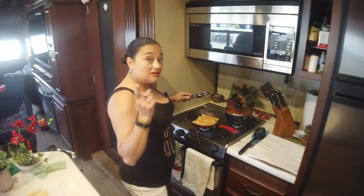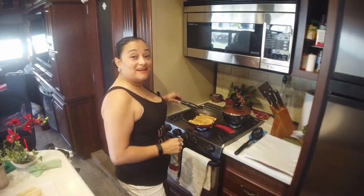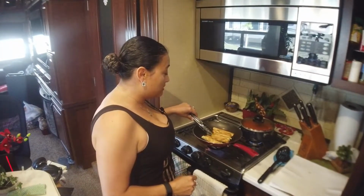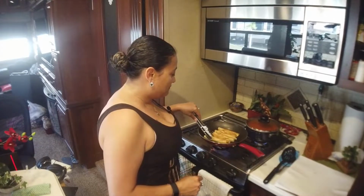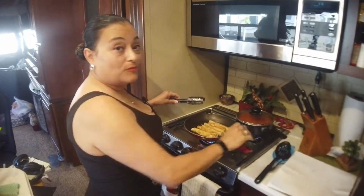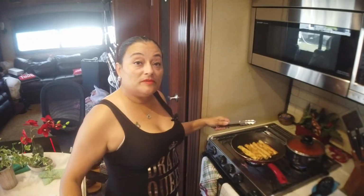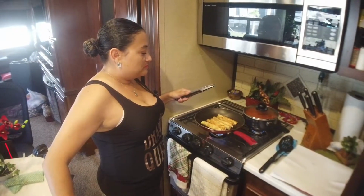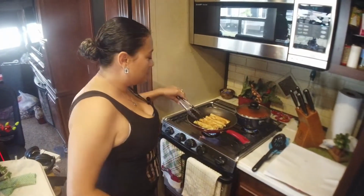So if you find some chicken on sale, like I have before, you can use that chicken to make these tacos. And I say it's really cheap, tortillas and chicken. This is going to be so delicious. I haven't made flautas in a while. Number one, because I've been trying to eat healthier. Number two, because I'm trying to conserve our resources